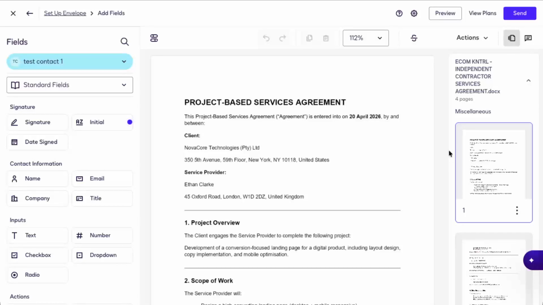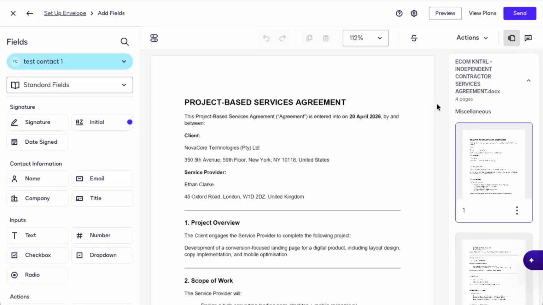In today's video, I'm going to teach you how to rotate a document in DocuSign. Sometimes when you upload a document into DocuSign, one or more of the pages might appear sideways or upside down. Before you send it out for signatures, it's really important to fix the orientation so that everyone can read and